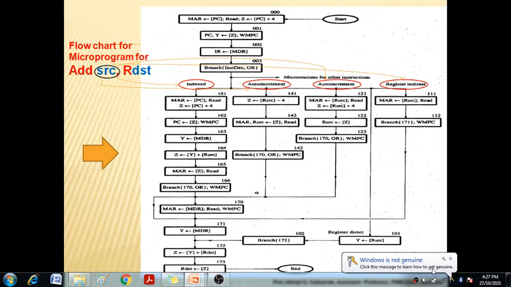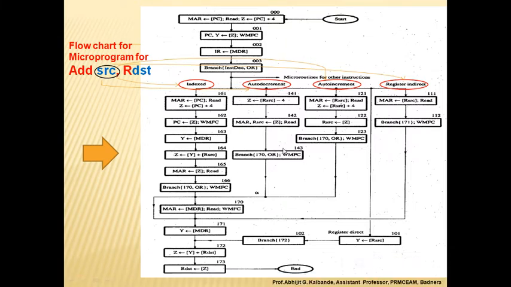We now use this instruction in conjunction with the CPU structure that will be in front of you in graphical form. Here you can observe each and every step. It shows the index addressing mode, the auto increment addressing mode, the auto decrement addressing mode, and the register indirect addressing mode also. The main microprogram starts with certain steps, and each addressing mode will be in front of you along with its flowchart.